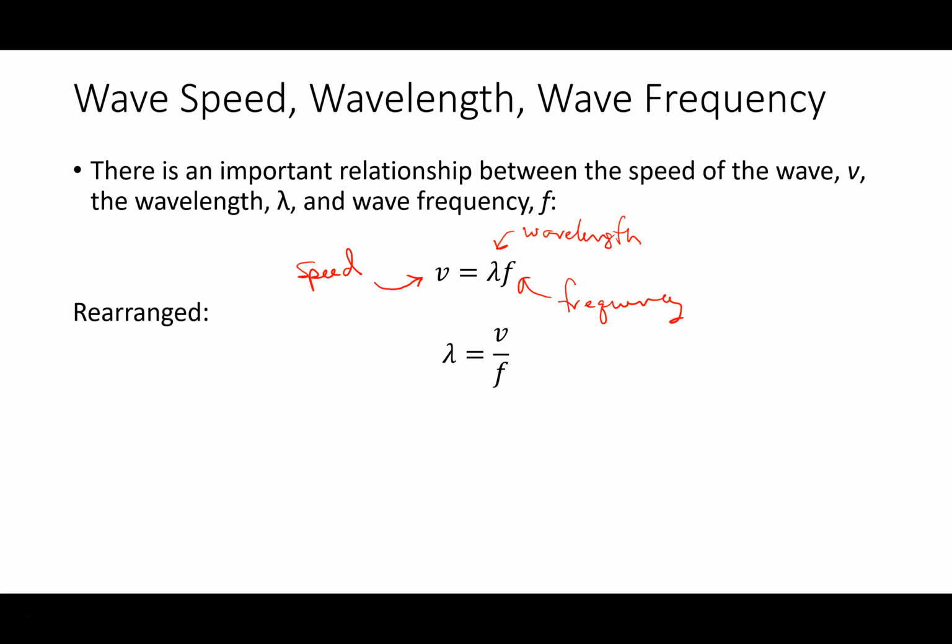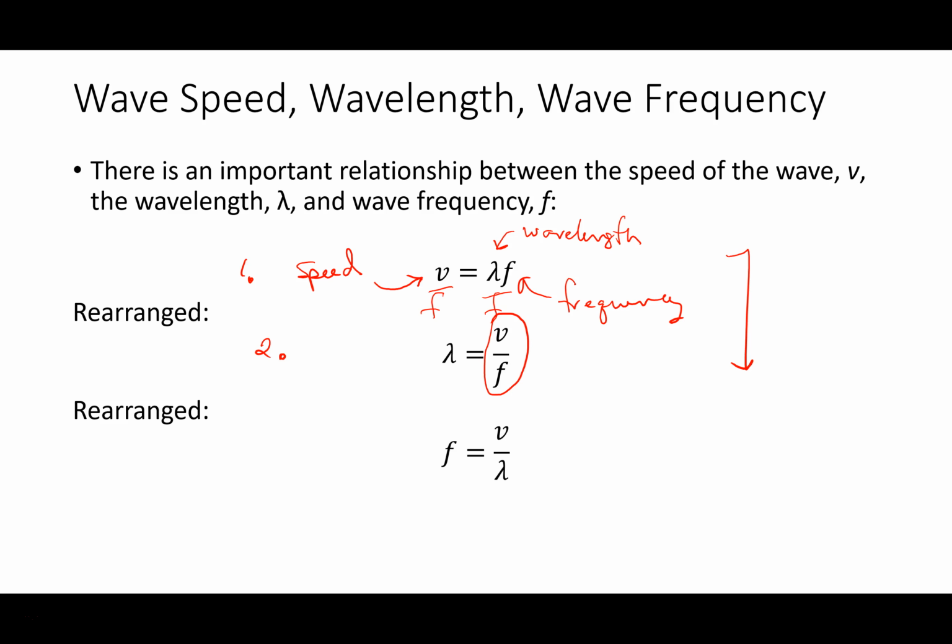So one of the things you're going to want to be able to do is algebraically rearrange things. This first version up here, I'll call version number 1, and I'll call this version number 2. Version number 1 works well if you're after the speed or the velocity, and you have the wavelength and the frequency. Let's just say that you have the velocity or speed and the frequency. Well, in that case, you could knock out the wavelength. Now remember, to go from version 1 to version 2, we're dividing by frequency. Does that seem right? Yeah. So that's just a rearrangement.